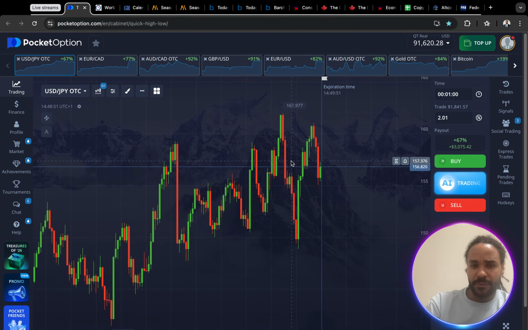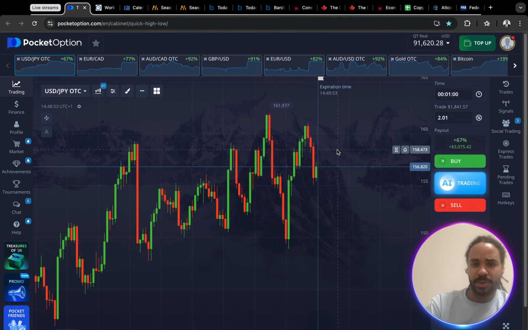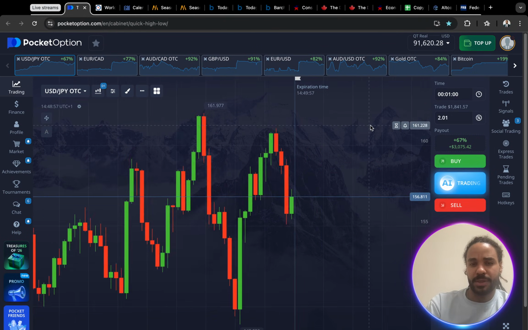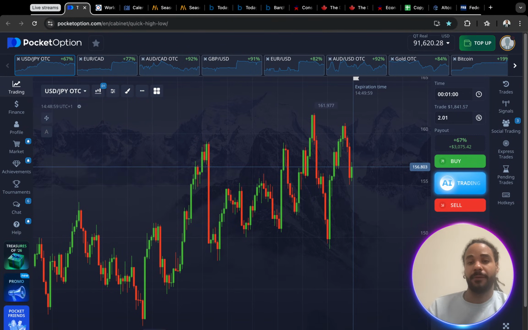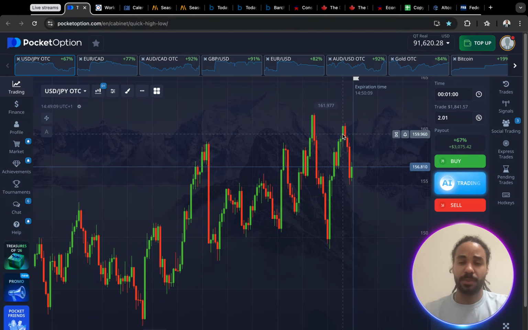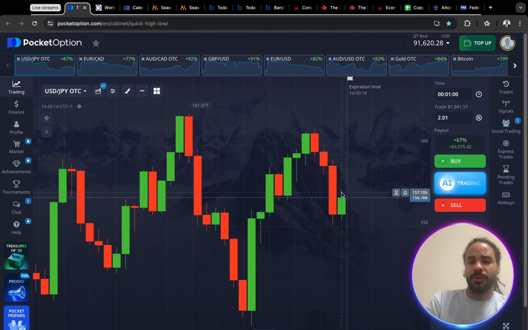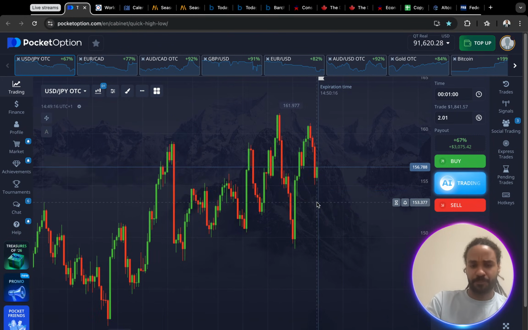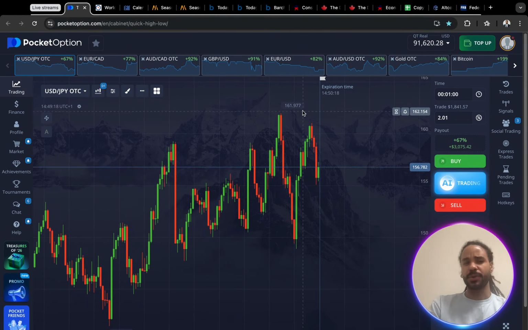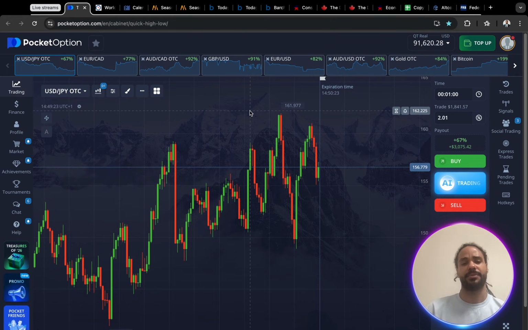We have a lot of volatility on the lower time frames, but don't lose context. The bigger picture is very important. You might find a very big move on a lower time frame, but on the bigger side, the bigger picture, you see actually the opposite. So don't get confused by that. So we have a very big move down, and this was all caused by the USD rate cut, right?